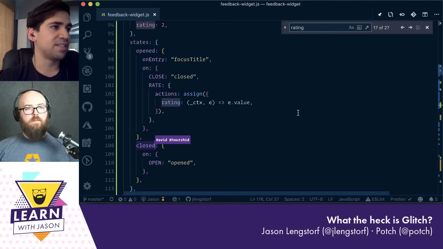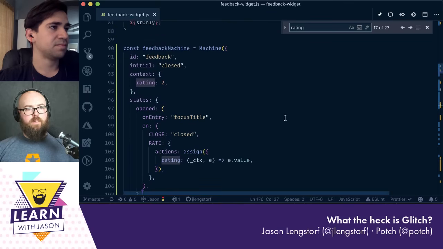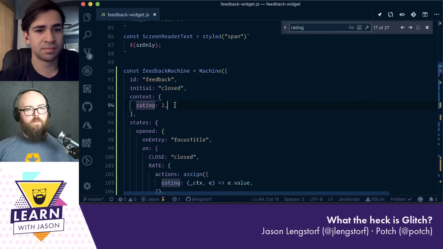And the only safeguard you have against ratings happening in any state, like closed or submitting, is that they're not visible in the UI, which is a very shaky assumption. Yeah. So, cool. This is super handy,